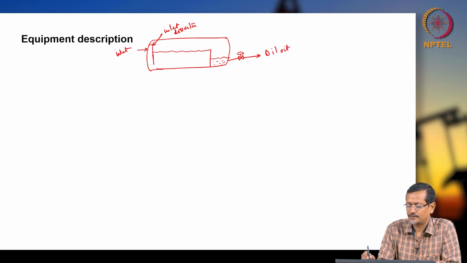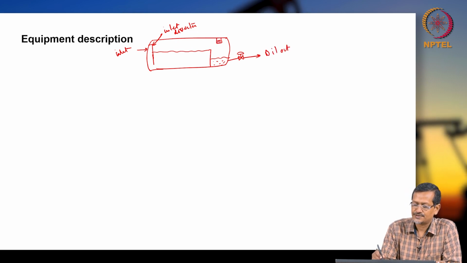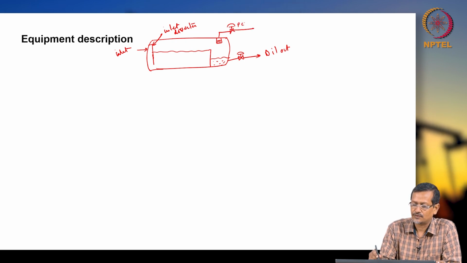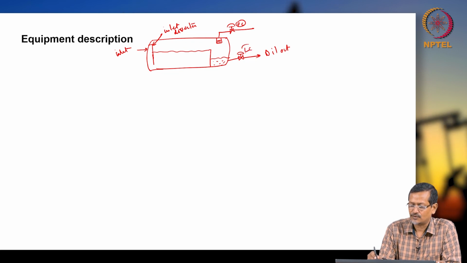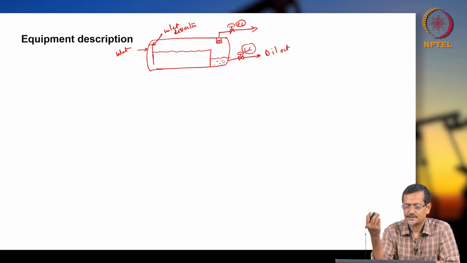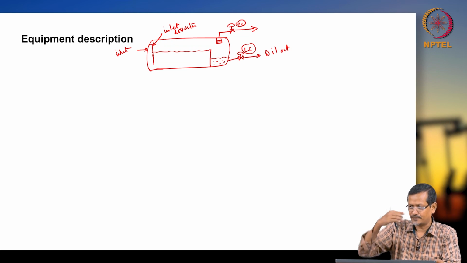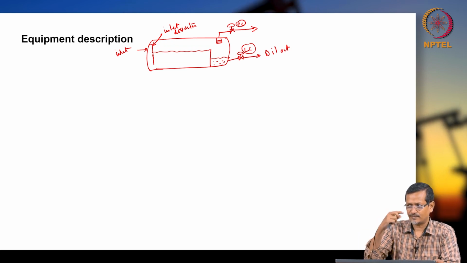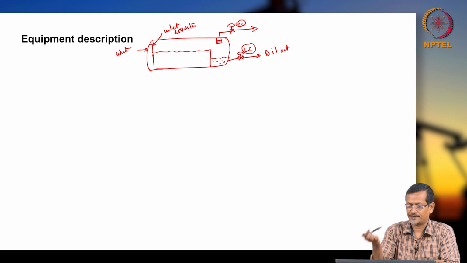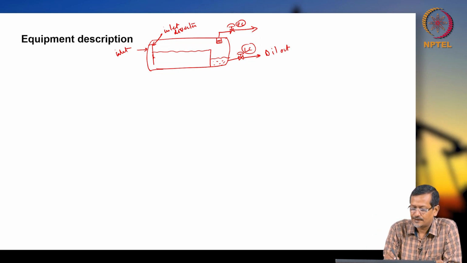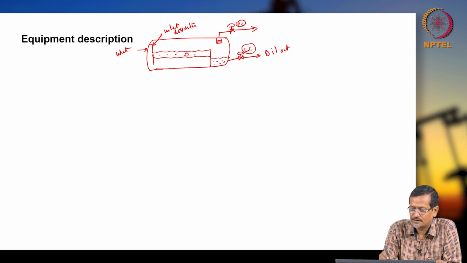Oil out, and for gas you will have a mist extractor, as you know. This will be the pressure controller, and this will be the level controller. For gas we are not controlling level, only pressure, but in the liquid case we are controlling level. It should not be too low or too high, so you have to set minimum and maximum limits. And there will be another layer, so this is oil, maybe oil plus emulsion,